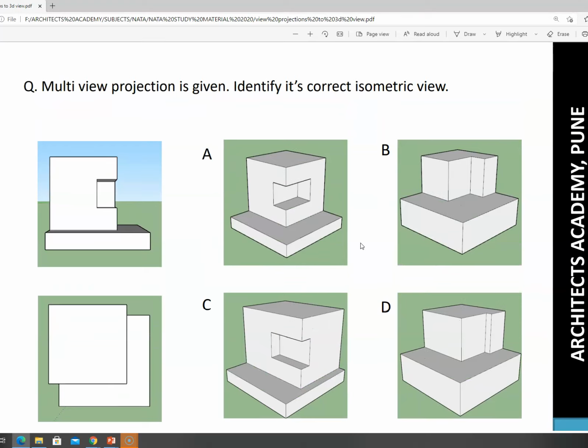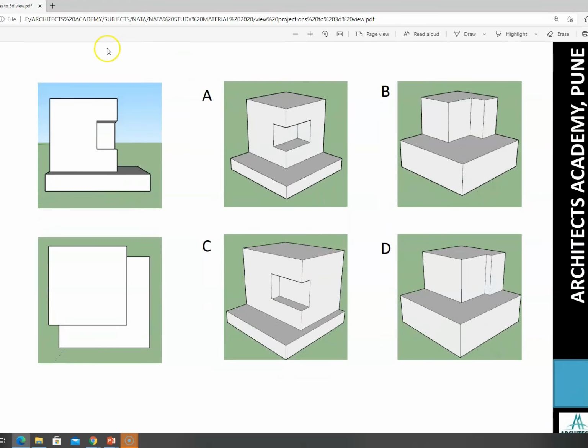Okay. Now let's take this one and then we will stop for the day. A, correct. So the objects look very complex, but the answer is pretty simple. If you see in plan, there are two squares, and only one option has that, which will be A. This is one square and this is the base square. That's it. Correct? So that's why A will be the answer. So we'll solve more such type of questions later on.